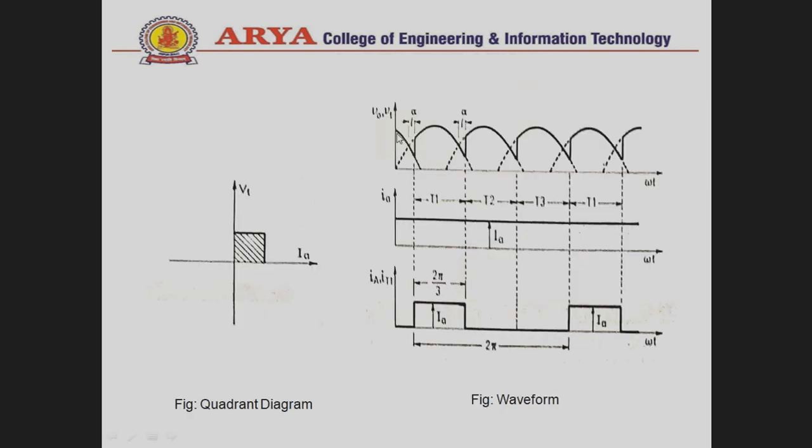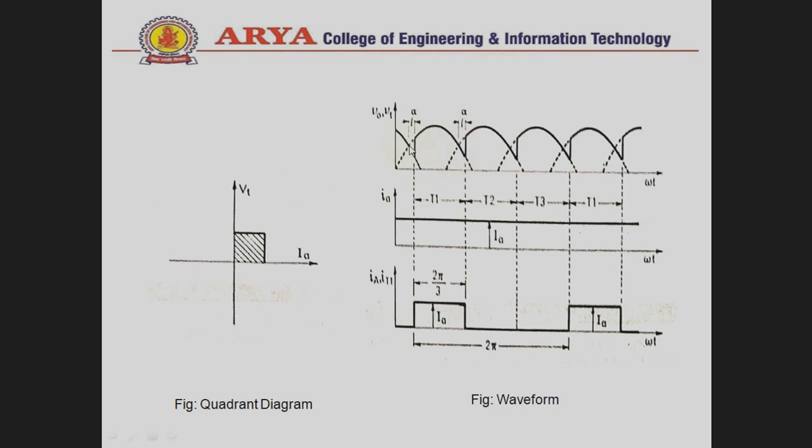As you see in this waveform, this is the crossover point. Two voltage waveforms cut there. If we consider that is the VC waveform, due to phase C, and this is VA and this is VB, then at this crossover point we consider the firing angle to be 0 degrees, meaning both thyristors are working from this point.